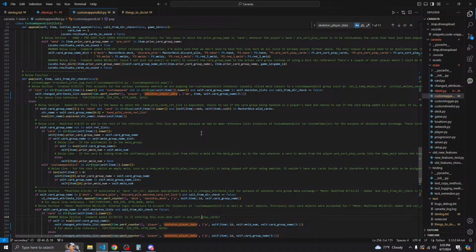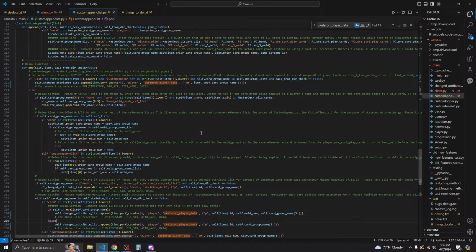So if card is in item and the self, which is the list, is in the card group, meaning it's a meld within a meld group, we say self change attribute list append timestamp player skeleton player data and P for pop. We get the item ID and the card's ID and then the meld num and then the card group name.